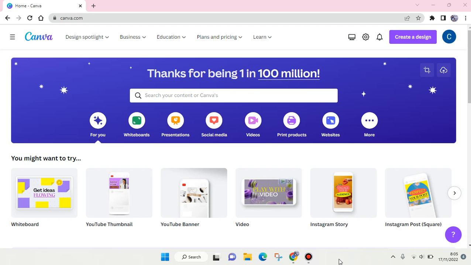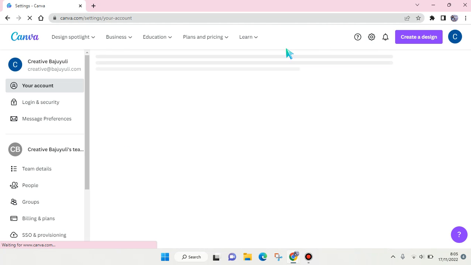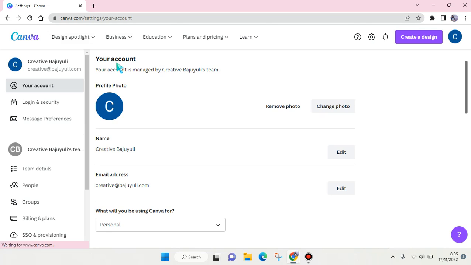On today's video, I'm gonna show you how you can change the account settings on your Canva. So here I'm already on my Canva, and to change the account settings, you need to go to the settings by clicking on the gear icon at the top, and then here you'll be directed to your account settings, and in here there are so many things that you can